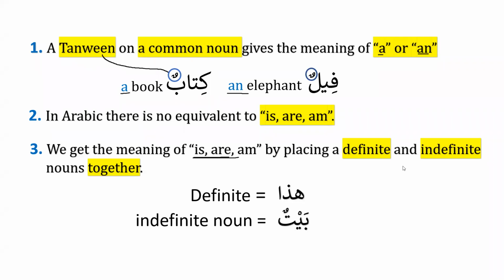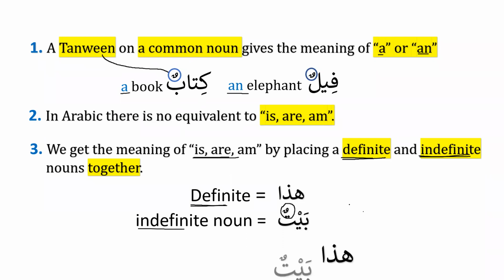Now, inshallah, I'm sure if you have gone through the previous lessons, you know what a definite noun is, which is basically marifa, and you know what an indefinite noun is, which is nakira. And when we put them together, we get the meaning of is or am, and then it becomes a complete sentence. For example, hada is a definite noun, and we have discussed why it's a definite noun, because all asma'ul ishara, demonstrative pronouns, are definite. So hada is a definite noun, and baytun is an indefinite noun because it's a common noun and it has tanween on it. So when we put these two nouns together,